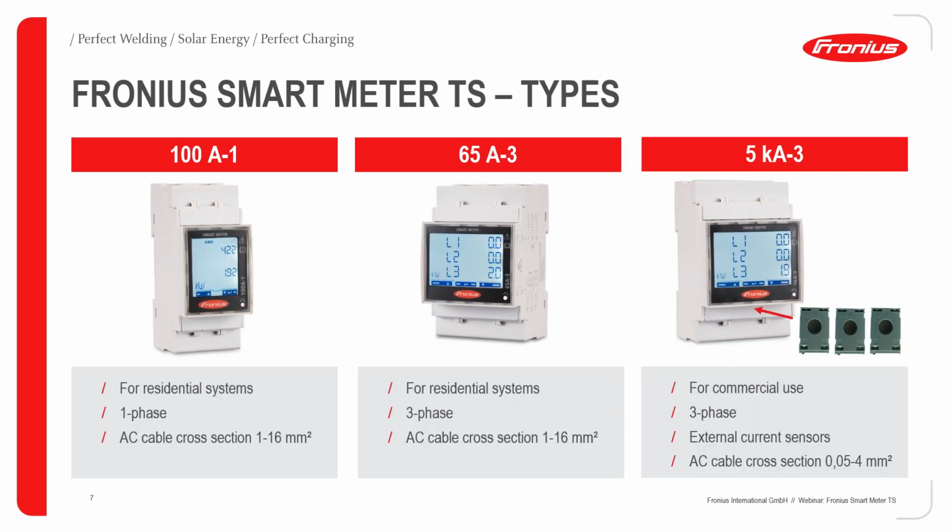Yeah, and we have, of course, different types of smart meters. For different systems, there are different types. We start with the left one. It's the 100 amp single phase smart meter TS for residential systems, of course. We can see here the possible AC cable cross section connectable is from 1 to 16 square millimeters, and the